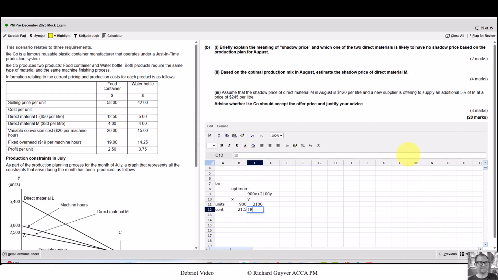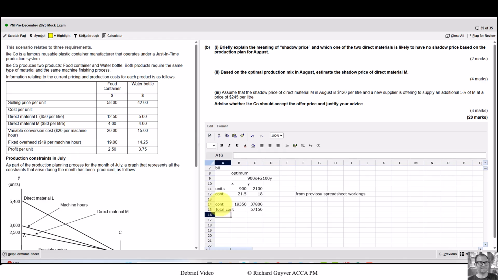I don't like numbers suddenly appearing in a spreadsheet. I think it's a risk because if you've made a mistake, the examiner will not know where it's come from. So I would put a little note from previous spreadsheet workings. At least then it's clear where it's come from. So the total contribution equals that times that times that, and then that one plus that one is the total